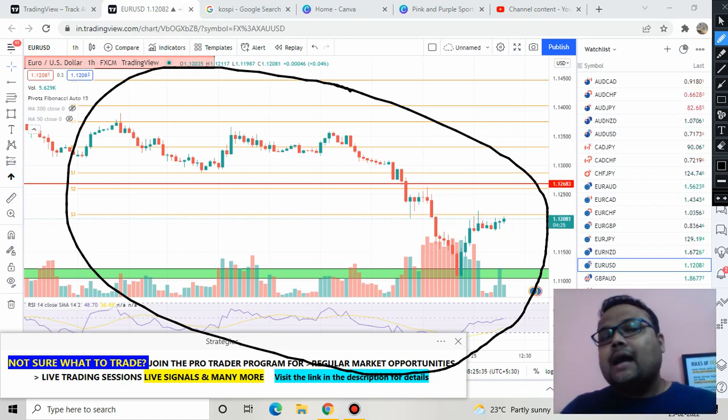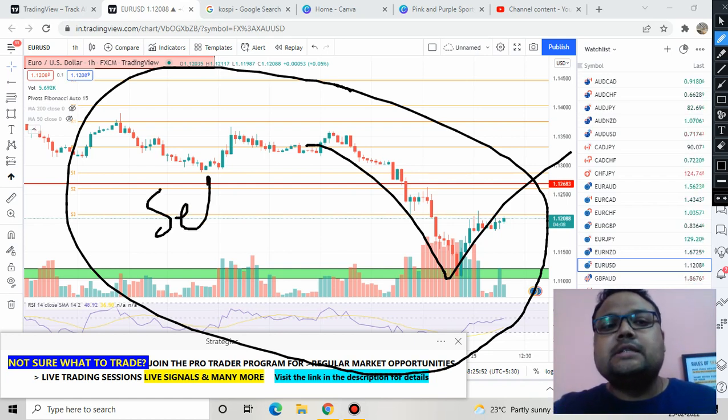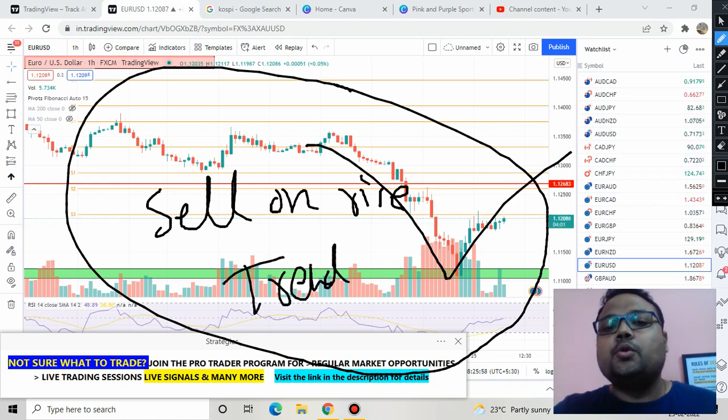Yes, we are hoping that there will be some recovery, but are we sure? No. Can we consider this a trend reversal right now? No, we are just hoping because of the global market and considering the past. But we still don't know whether this is a sell-on-rise market or a trend reversal. We still don't know yet. So as a result,